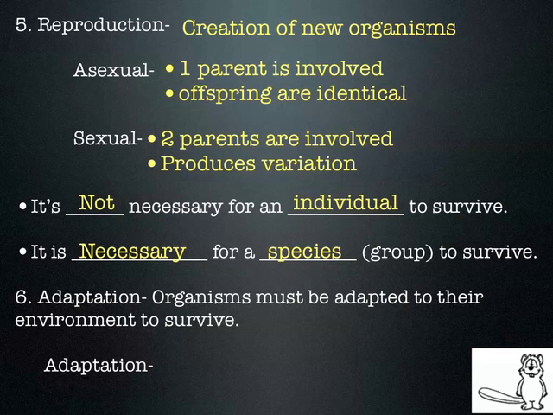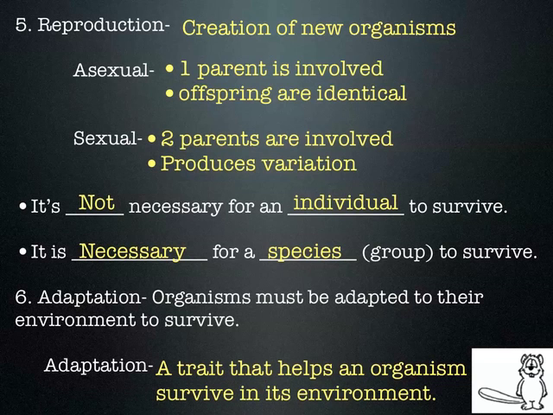But that species of snake is adapted to life in the desert. The polar bear is adapted to life in the Arctic. The fish is adapted to life in the ocean. So the species is adapted to whatever conditions it lives in. Doesn't mean it can adapt to a brand new environment, okay? But throughout a period of time, they've evolved certain traits, certain characteristics that allow them to survive. And we call those traits adaptations. An adaptation is a trait or a characteristic that helps an organism survive in the environment that it lives in.